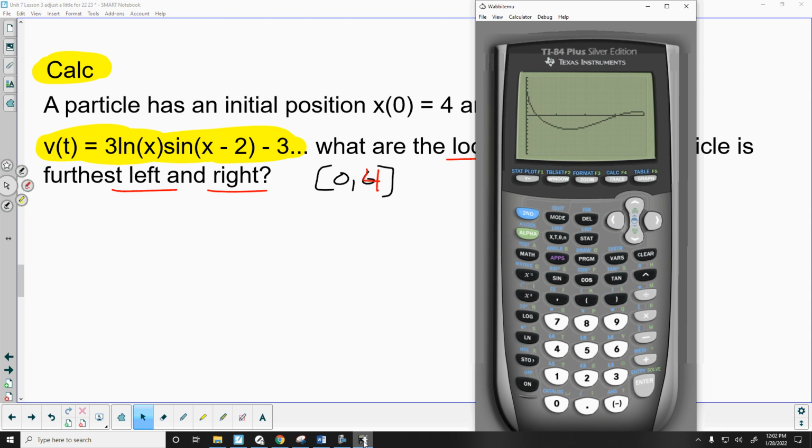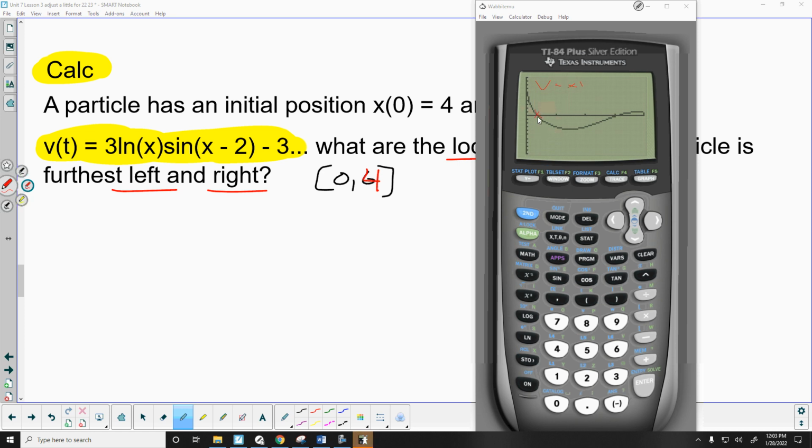What do I get from looking at this graph of v? What do I know? You're not going to know the answers right now, but at least what can you tell just by looking at this graph of v? I can tell which direction I'm traveling in or whether x is increasing or decreasing. So I can see